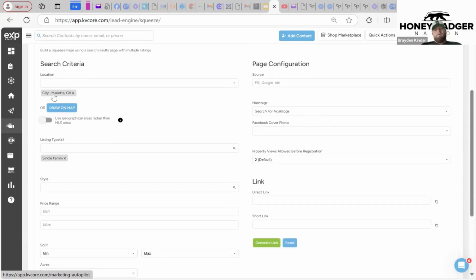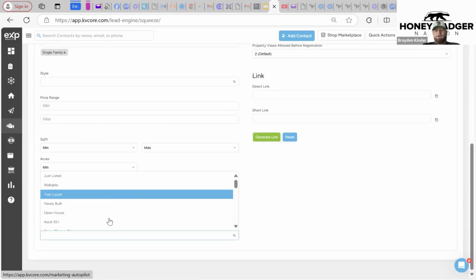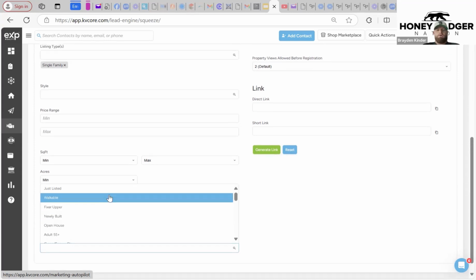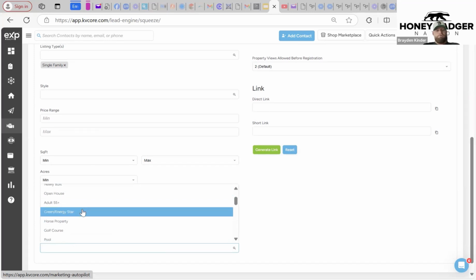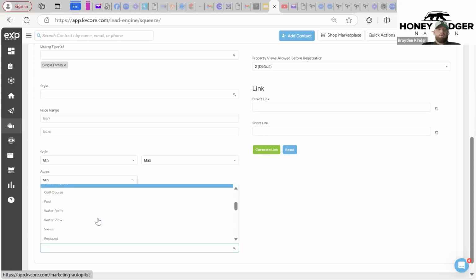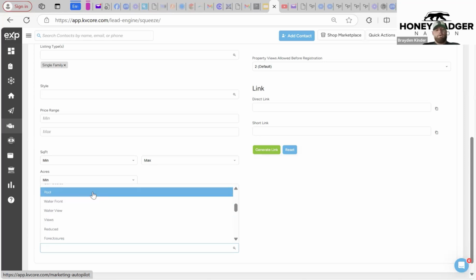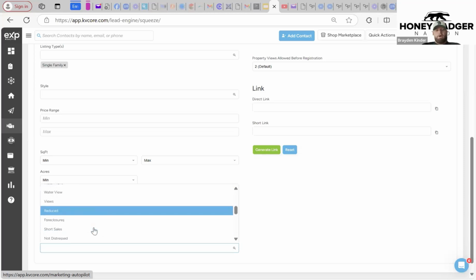But so we've got City Marietta, single family. We're going to come in here. Options. This is also another thing that you can choose from. So the just listed, newly built, which would be new construction, which is what I'll do. But I want to talk through some of these other ones. Adult 55, you could do that. Golf course, right? Homes with a pool, waterfront, water view, price reduced,